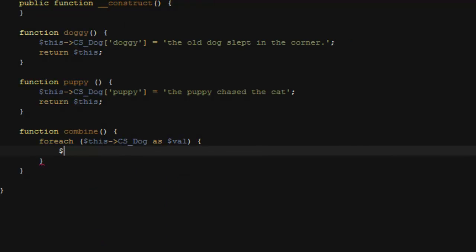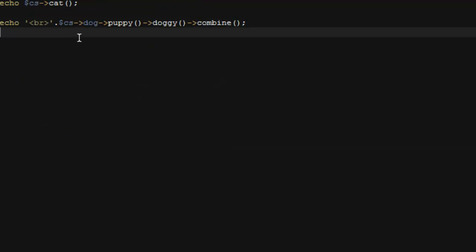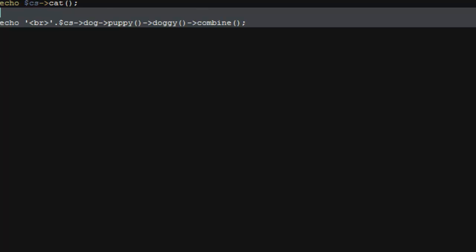String combine equals dot equals, so we'll go string combine equals dot equals string val. Okay, now because I'm running it puppy doggy,